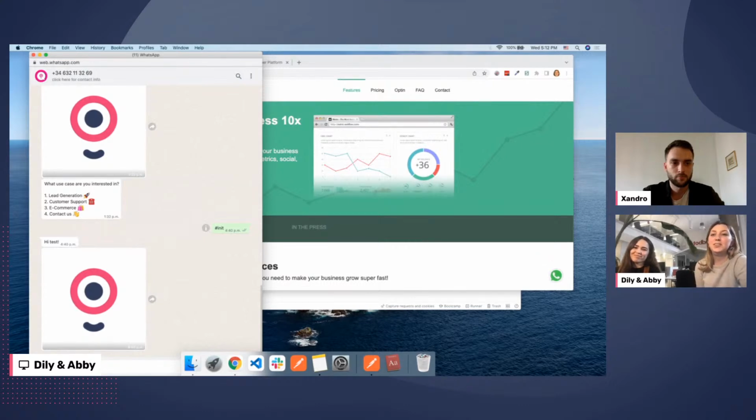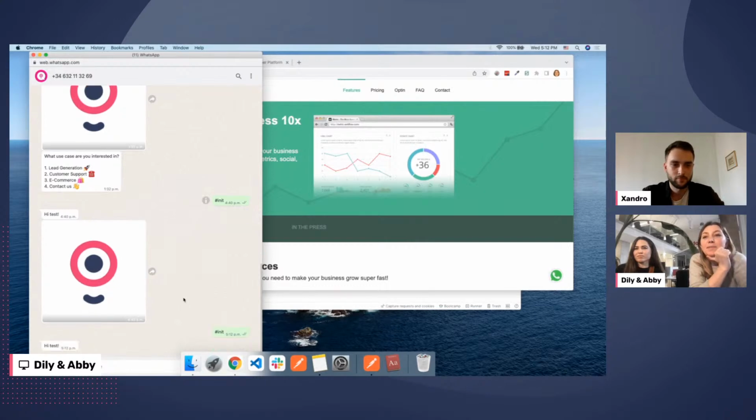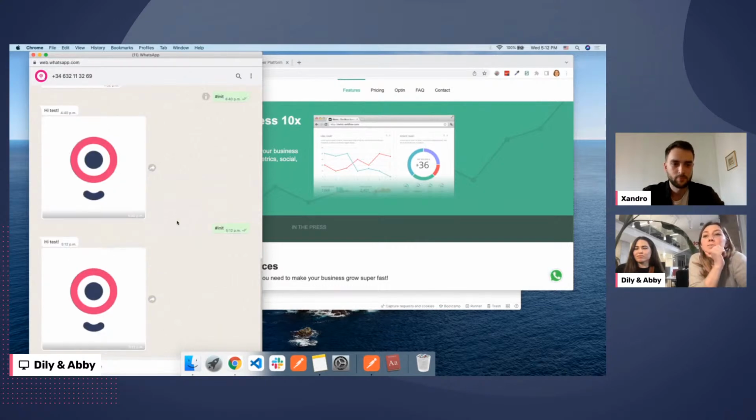All right, so as you can see, I've already had a couple of conversations here. So I'm just going to show you a trick real quick. If you're testing your chatbots or you're in the middle of a chatbot and you don't know where you are, you can just put hashtag in it, and it will actually restart the bot from the beginning. So this is super helpful for testing. And let's see if it works. Since I'm sharing my screen, it might be a little slow. There we go. So perfect. And now the user is already interacting with the bot.